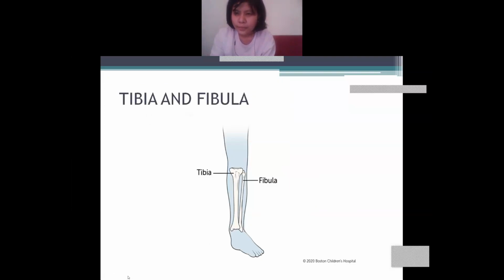Okay, so the anterior tibial artery. Anterior means what? Front, na? So where is the anterior tibial artery located? In between your tibia and fibula. This is the tibia, this is the fibula, so it will lie in between this area. The anterior tibial artery is located here. Understand? And when it comes downwards,